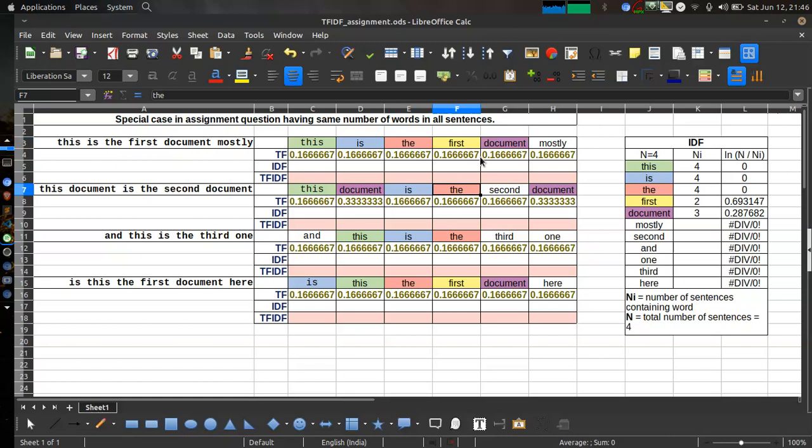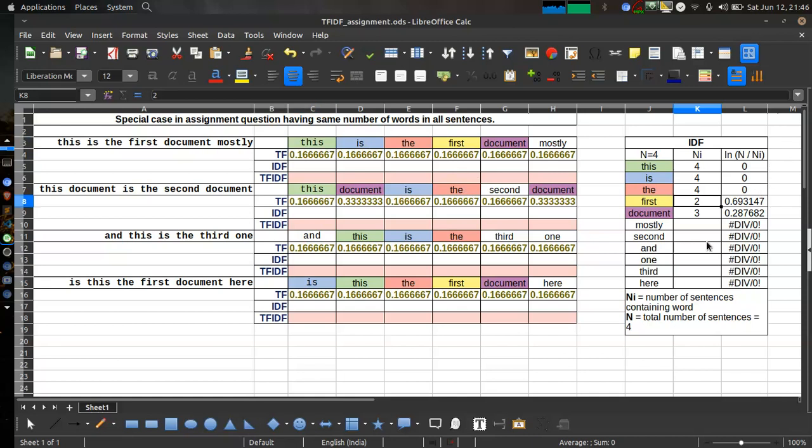It is very common in all the sentences. That's why there is no meaning, correct? If we ignore it, there is no meaning, right? So what is meaningful here? Mostly, or the first, or even "the document" is also occurring in so many things. The first is an important word, mostly is an important word, second is an important word, right? So whatever word occurs in all the sentences will have the idf or tfidf equal to 0, correct? So we are not giving more weightage to this occurring word.